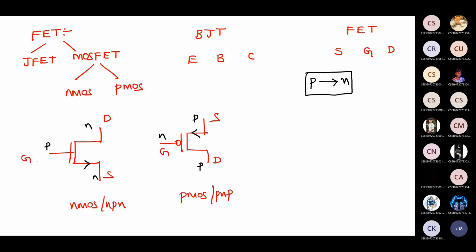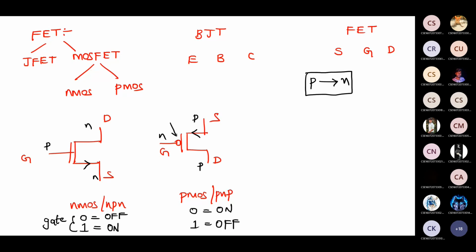Now why I'm telling you all this is, you need to understand the on and off conditions. For NMOS, when input is equal to 0, what will happen? When input is equal to 1, what will happen? Inputs are nothing but the cases I'm applying at the gate terminal. So for NMOS, when input is equal to 1, it will be on, and for 0 it will be off. Whereas for PMOS, for 0 it will be on, for 1 it will be off.